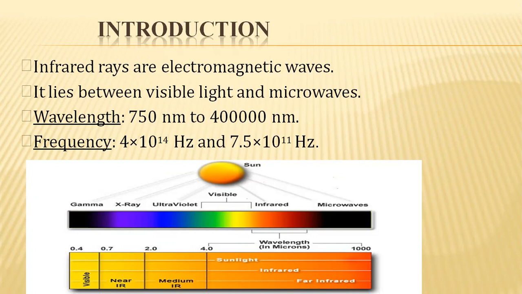One more common example is SHAREit. Almost all of you are utilizing it on your mobiles also. So to transfer material in the form of documents or any movie or songs, such information, from one mobile device to the other mobile device, infrared rays play a major important role. Without direct contact from one device to the other device, infrared rays play the major role of transferring the information from one device to the other.